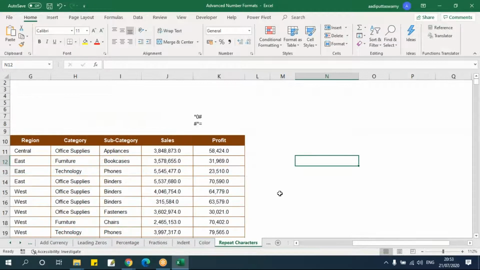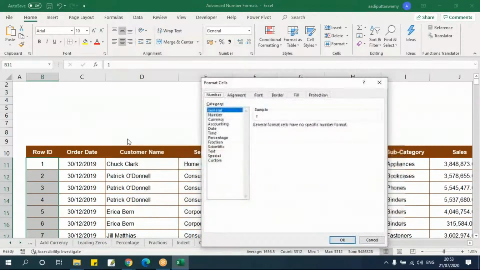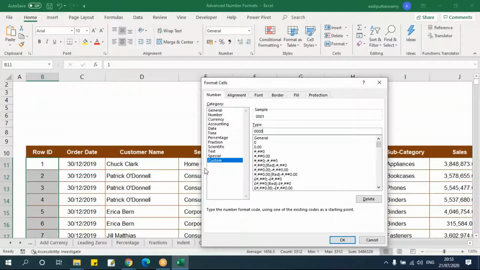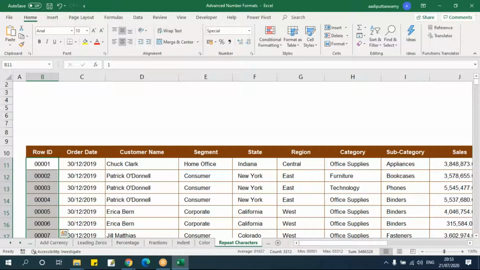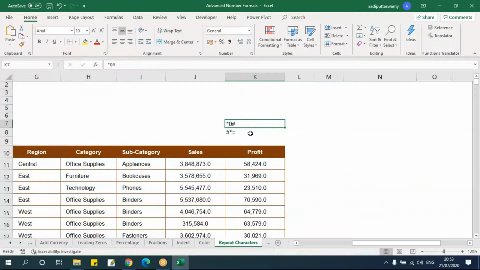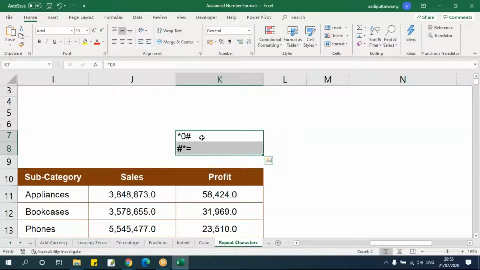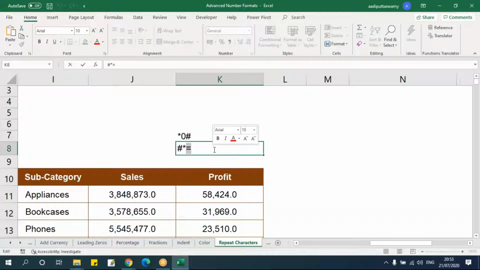Okay, right. So I was talking about repeating a character. Let's go here. Say 1, 2, 3, 4, 5. I got this 0. But what if I want to give a few other characters? So let's go here. See, I have one simple format like this. I just kept it here so that you can use this. See, I want something on the left hand side. Say I want zeros, like what we did now. I can use this, or anything which has to be padded after the number, then I can use something like this. So hash is important. Then I'll use the star like a wildcard, what we saw yesterday, and then this one equals.